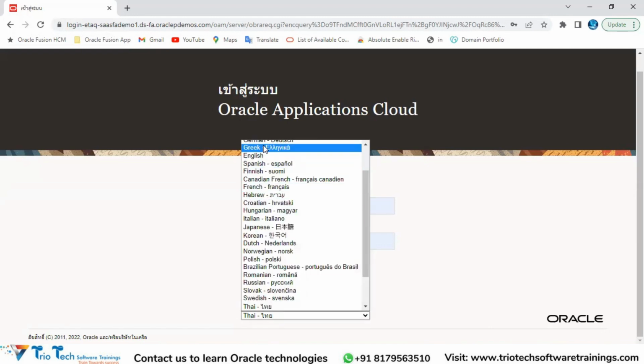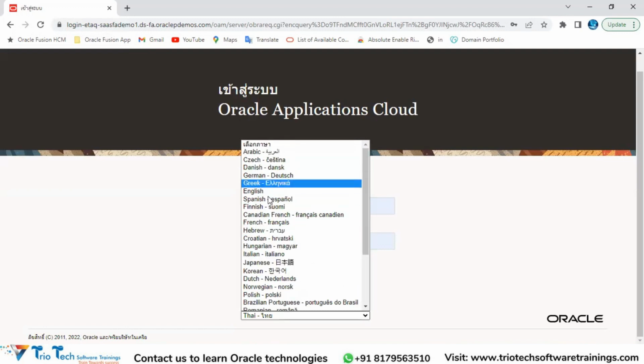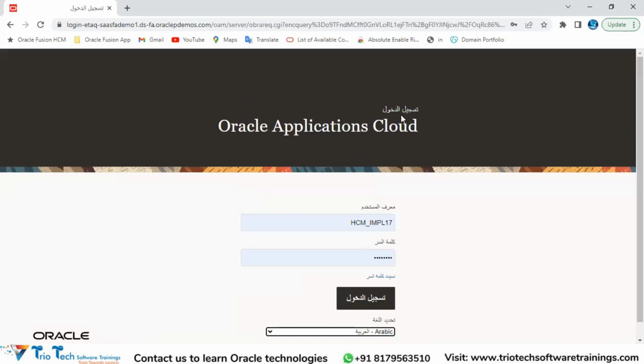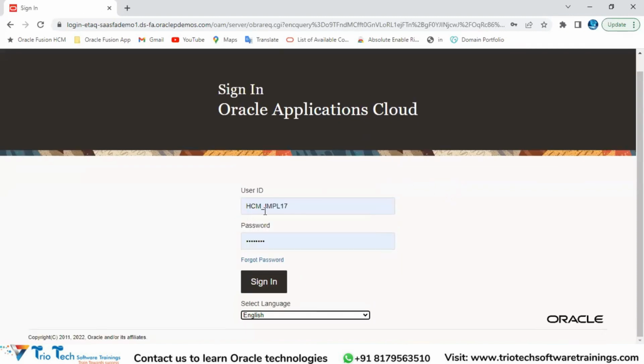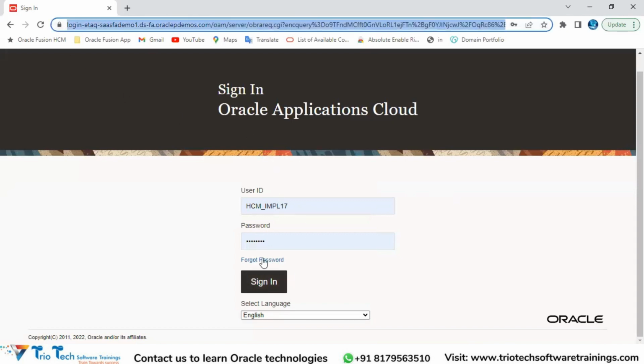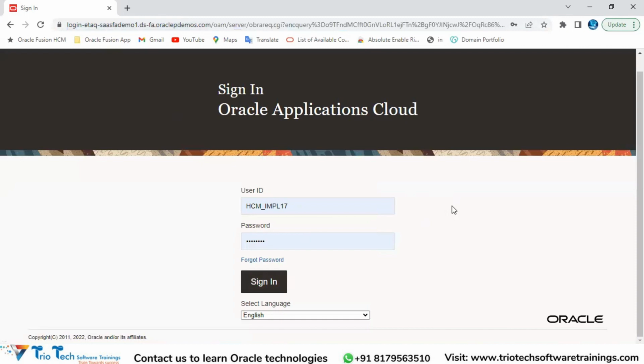So Oracle applications are multi-language supported applications. Anything, Arabic if you want, then see, it changes to Arabic. Every language you can choose here. Now I want English. Now I came back to English, team. Then whenever you are signing into the applications, team, you have forgot password like every other application, team, in Gmail